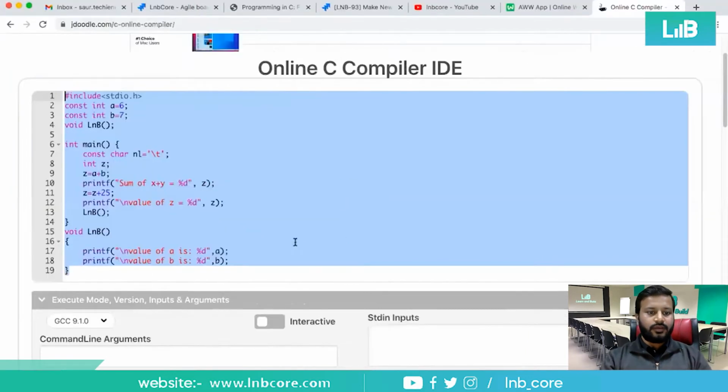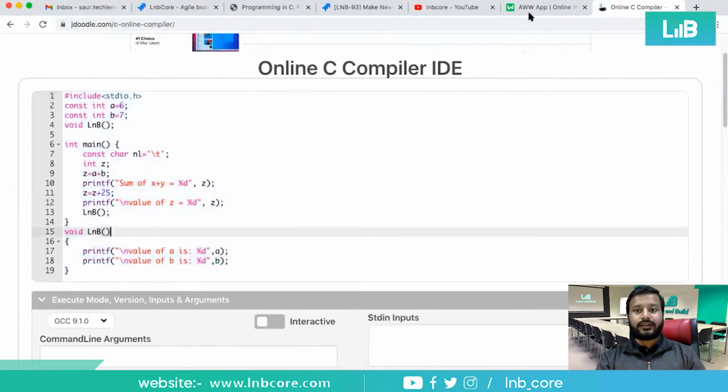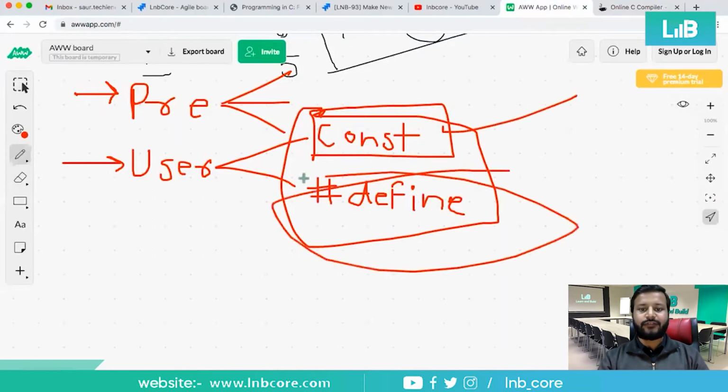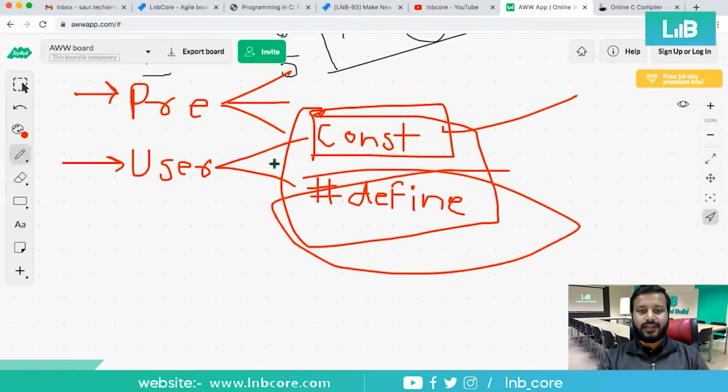Now, like we discussed, there are two different methods: one was constant and the second is define. This is how the second method can be used for user defined constant values also. Let us try to understand this.